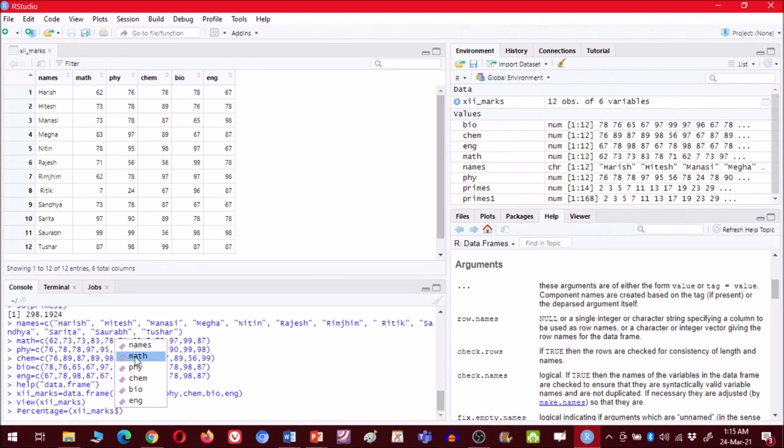First we want to add maths, so maths, then plus, again the name of the file, dollar symbol, and now I want to add the physics column, again plus the name of the file, dollar symbol, and then the next column, which is chemistry.